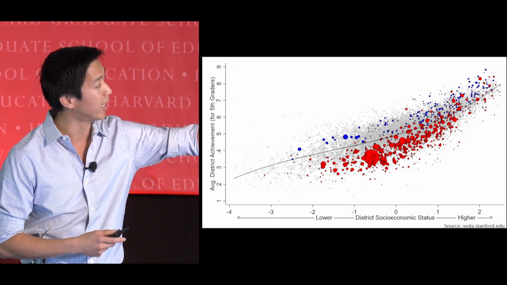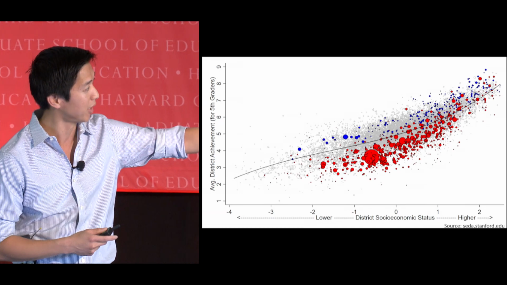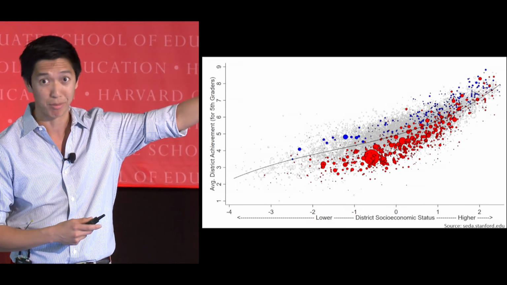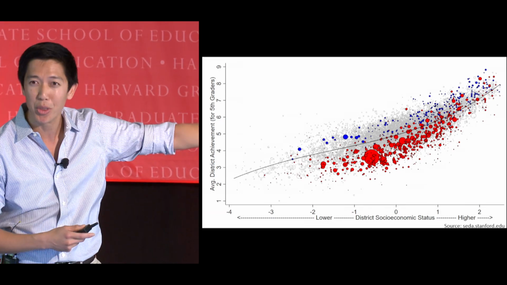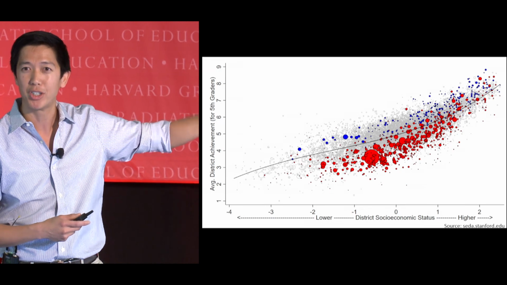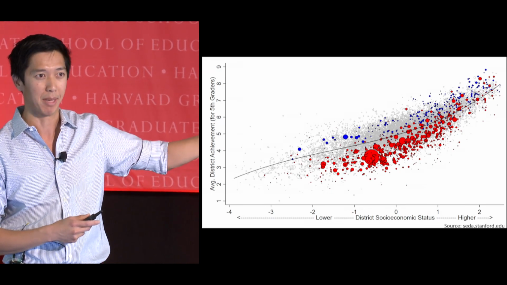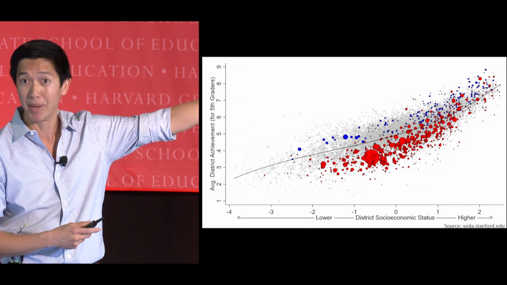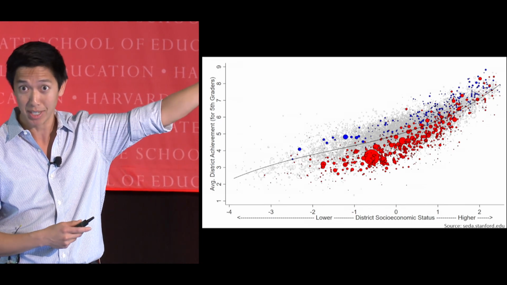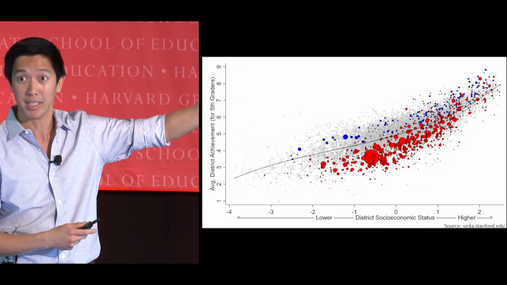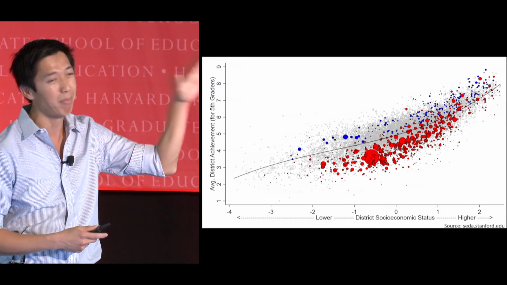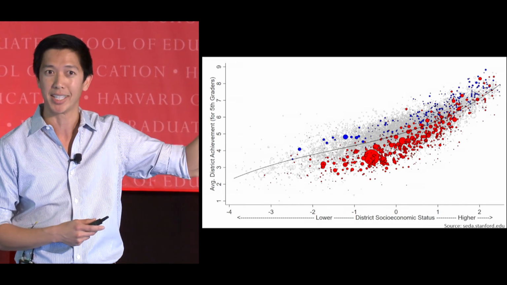Right? And so you can see that the low SES districts in California are performing low, and the high SES districts are performing high. But because it's below the line, we can see that California is generally underperforming what we would expect them to do given their socioeconomic status. And yet, when you get to the Palo Altos and Menlo Parks in the upper right, you can start to see that they're performing above average. Right? So we can see a big socioeconomic gradient for California.